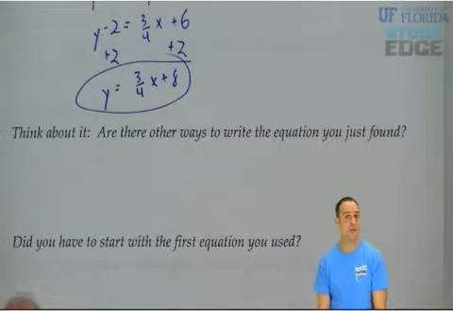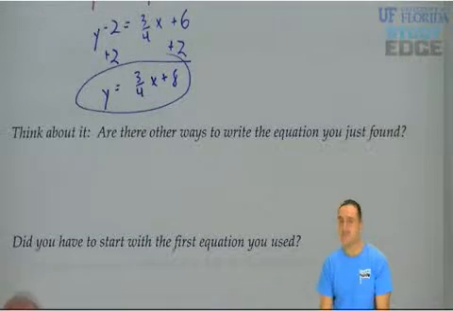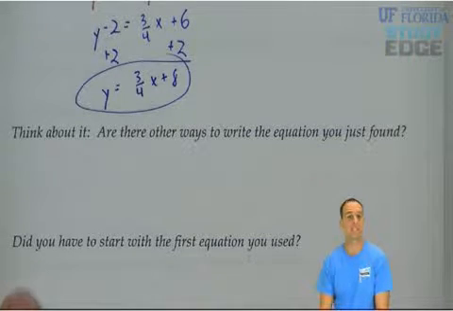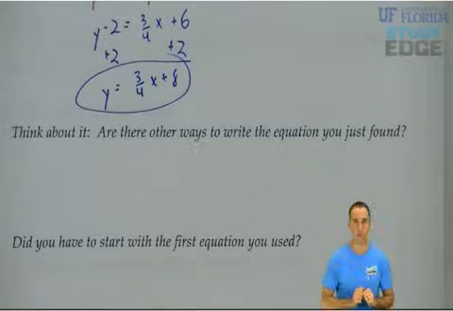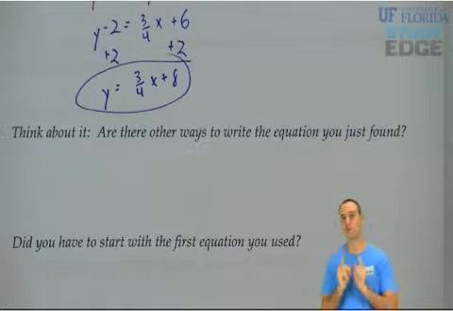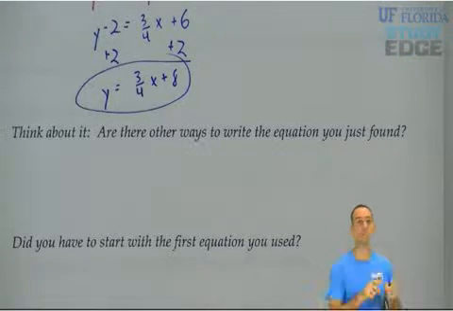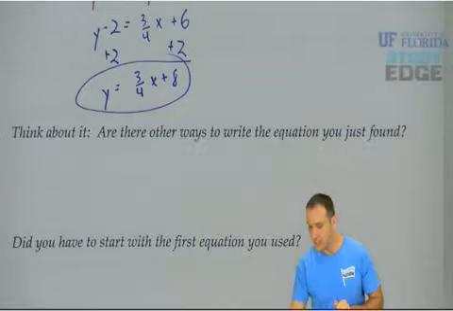Did I have to start with the first equation that I used? Did I have to start with point-slope form? And of course the answer is no. You could have started with slope-intercept form. It's up to you. But in the end, you're trying to find a new line that's parallel or perpendicular to the other line. Make sure, solve it for y, get the new slope, and then you can go ahead and find the equation of the new line. Which means now, I've done one, so I'll let you